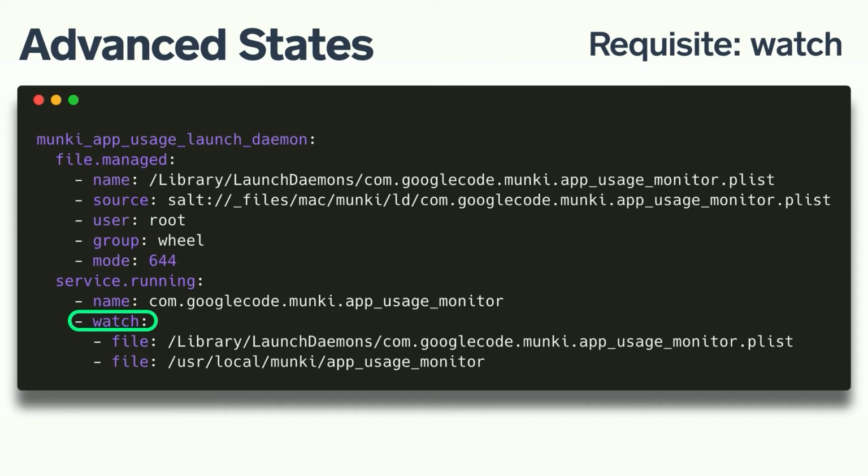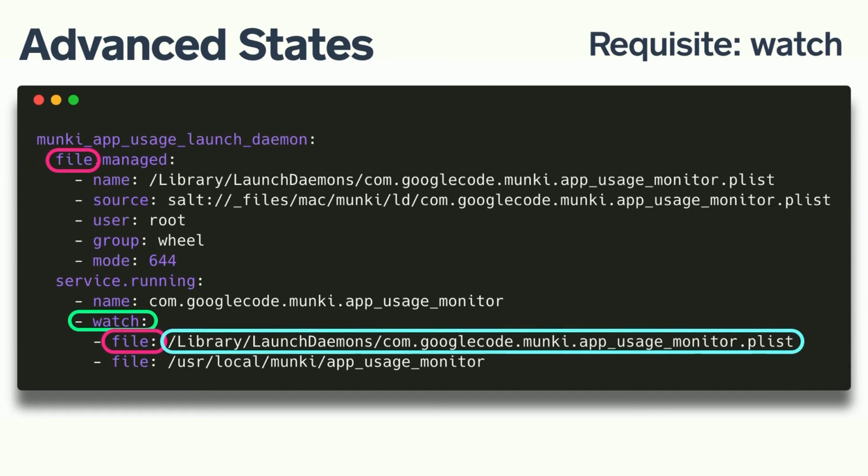And to specify that, you specify the module that it needs to watch, which in this case is the file module. And then you need to specify the name of the other state you want to manage,